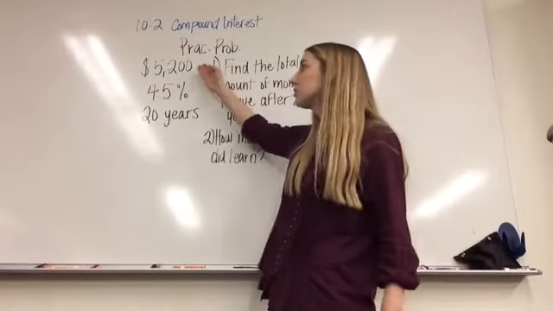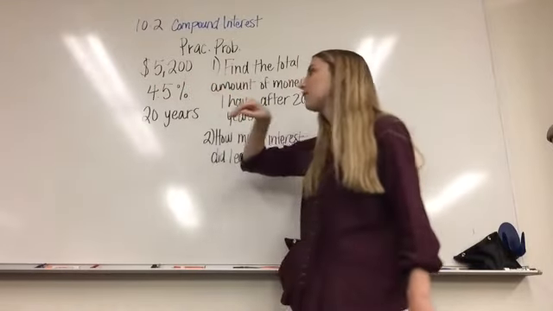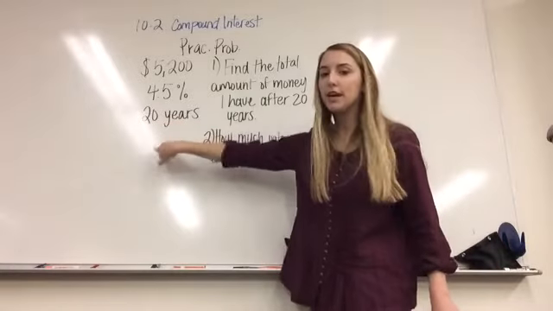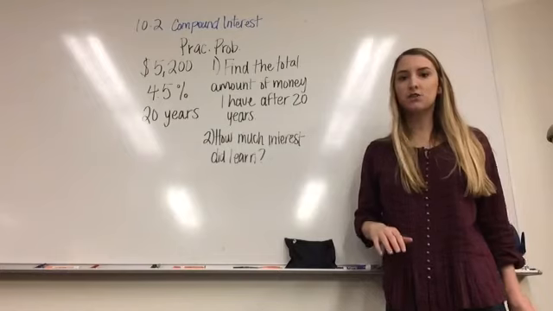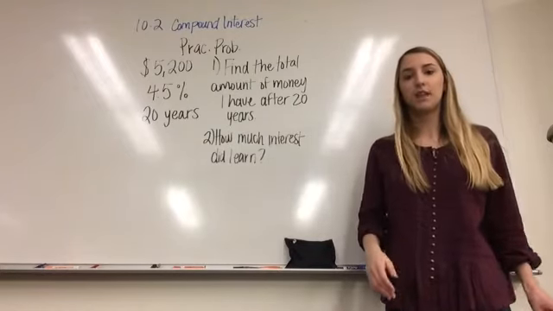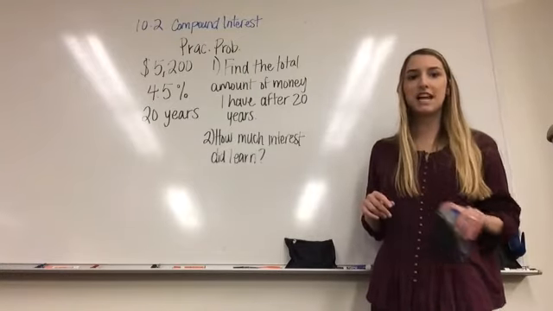I have $5,200, and I have an interest rate of 4.5% compound interest for 20 years. And I want to know what's the total amount of money I have after 20 years and how much interest I earned. Okay, so please make sure to take a picture of these practice problems that you have done,